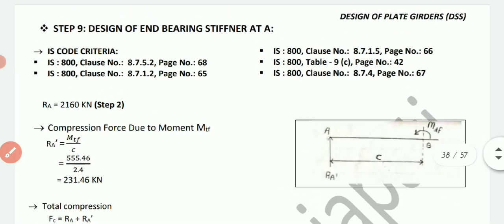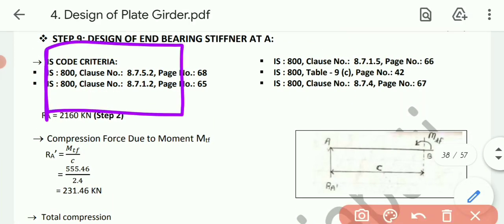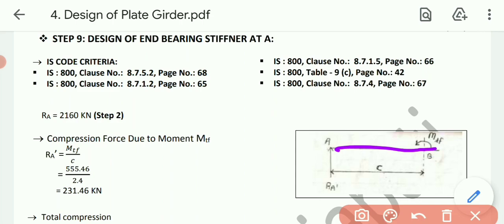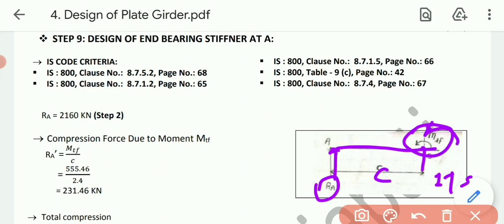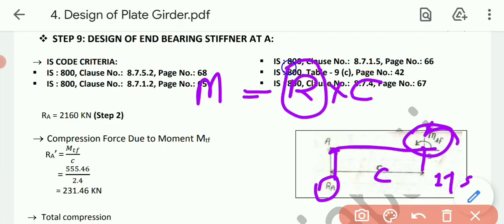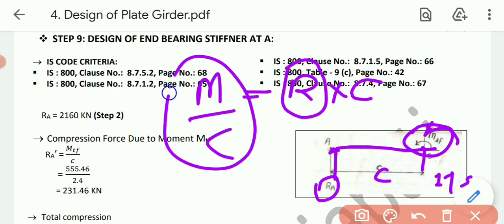Now because of these anchor forces, reactions will also get produced. See, this one is the beam view of the end panel. This one is the reaction. Over here ITS will be there at point B, at the distance of C, and over here the Mtf moment is there. So ultimately we can say reaction moment equals reaction into spacing, that is M. So R equals M by C. Okay, so I'm going to use this formula over here.